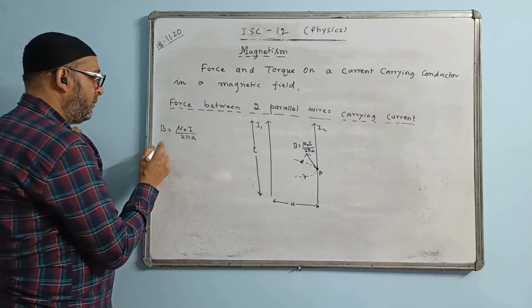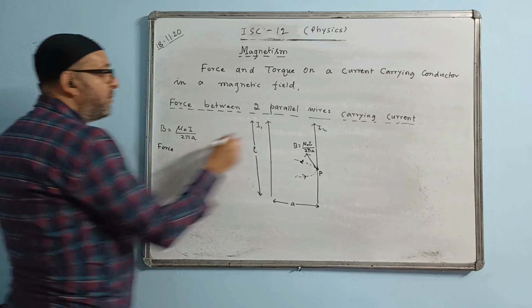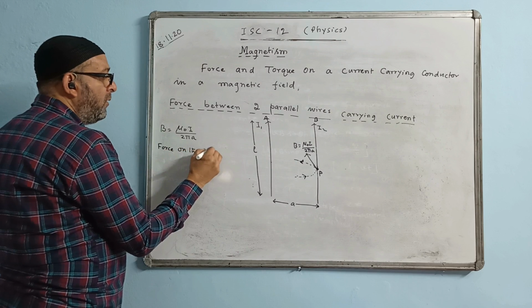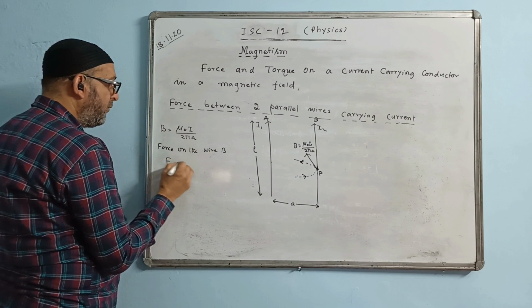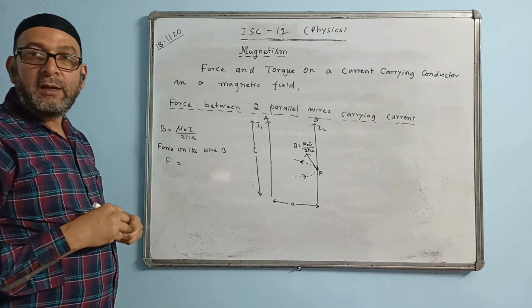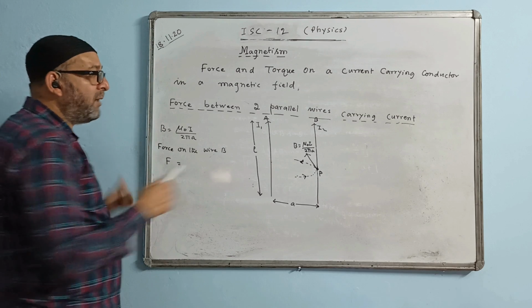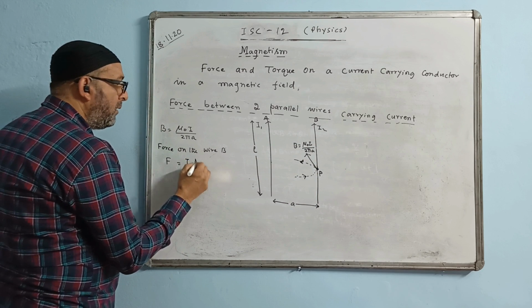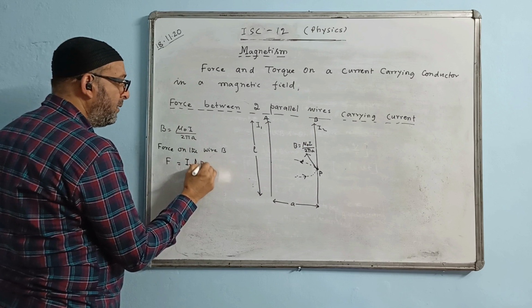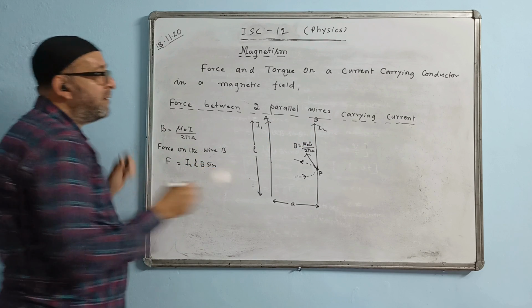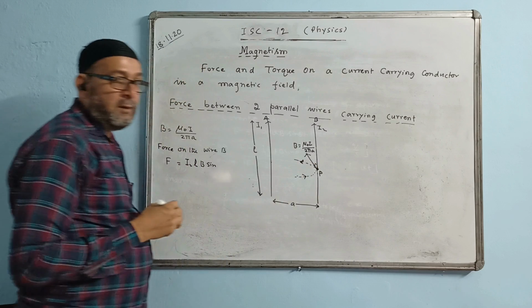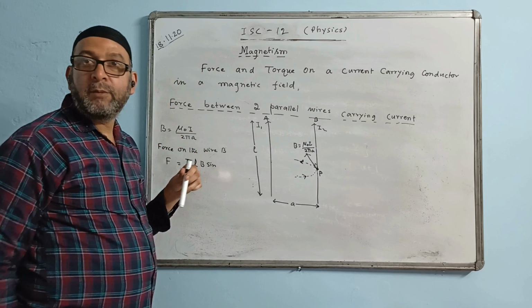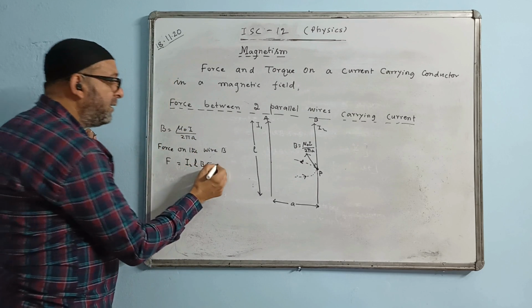Right here, force. Suppose this is conductor A, this is conductor B. Force on wire B. What is the formula of force? The formula of force is I L B sin theta. What is the value of I? The current of this wire is I2. L, the length, is L, only the same length. B, sine. What is the value of the angle there? The angle between these two will be 90 degrees, because the wire is like this and the magnetic field is acting inward like this. Exactly perpendicular. That means the angle is 90 degrees here.